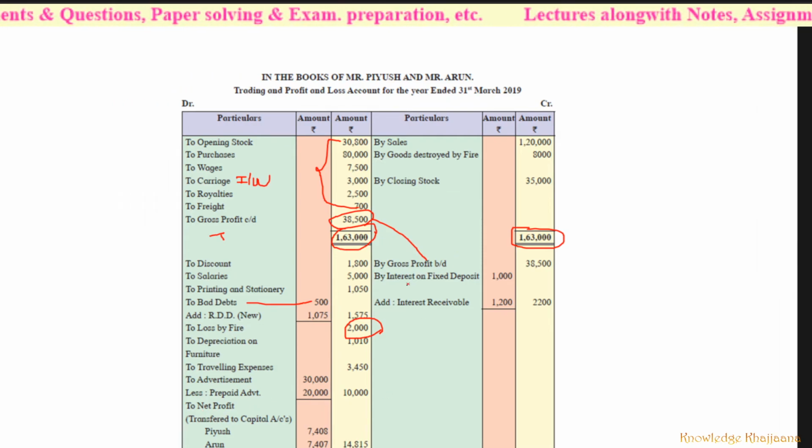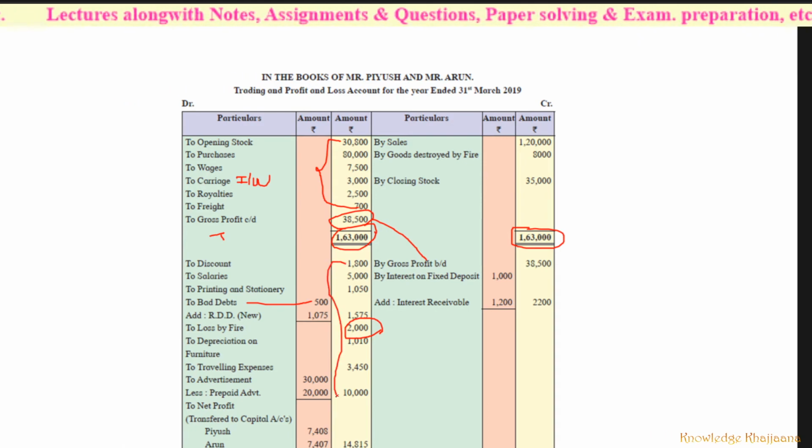Then at the credit side, interest on fixed deposit rupees 1,000 plus interest receivable 1,200. So total will become 2,200. And the total of the credit side is rupees 40,700. So we have to write the same total over here, that is rupees 40,700, and we have to deduct the value of these items from here. So the total difference will be rupees